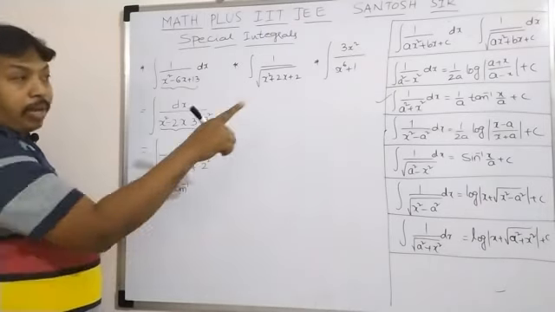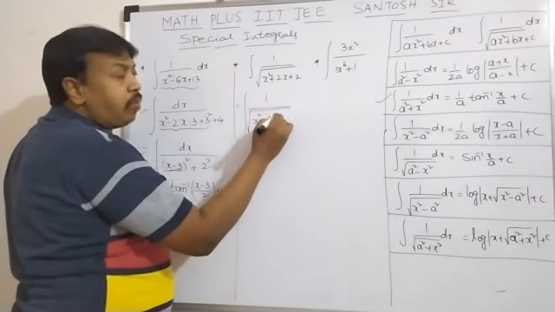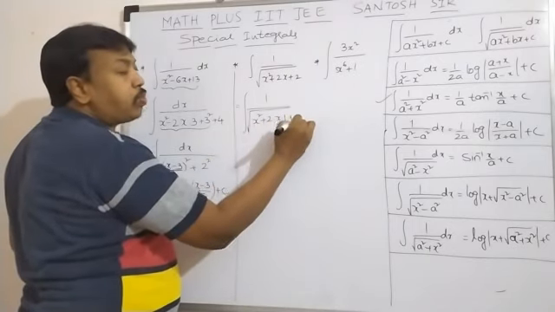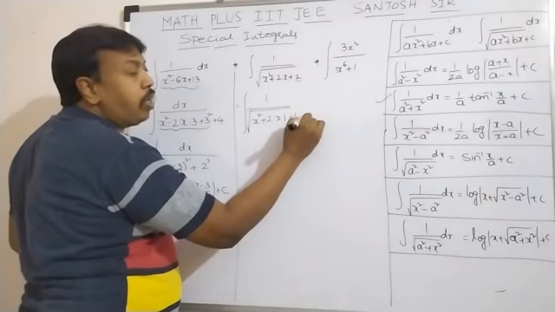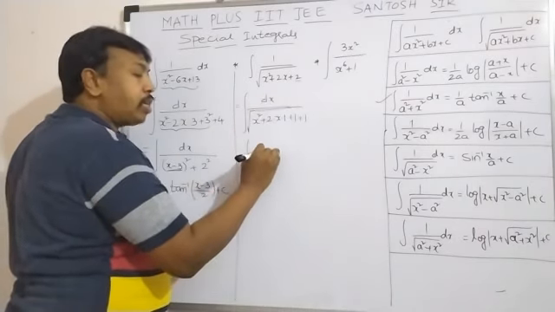Again, here one more question we are going to discuss. Same procedure: 1 upon under root of, here directly they have given x square plus 2 into x into... here 2x, here also 2x, so nothing is left, so into 1 I am taking. Here you will get the b value as 1, so plus 1. From this constant I have taken plus 1, one more plus 1 will be left over here. Now integral dx upon under root of, this entire term becomes x plus 1 whole square plus 1 square.